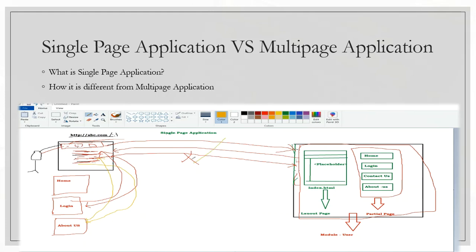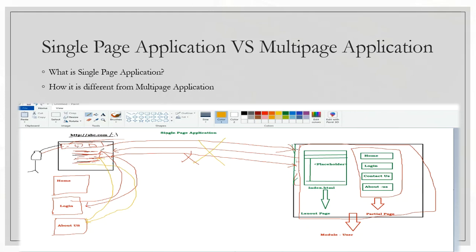Suppose if our internet connection is lost, in that case as well our application will work. If we are not having an internet connection and the complete module resides in the browser, our application works correctly without any issue.